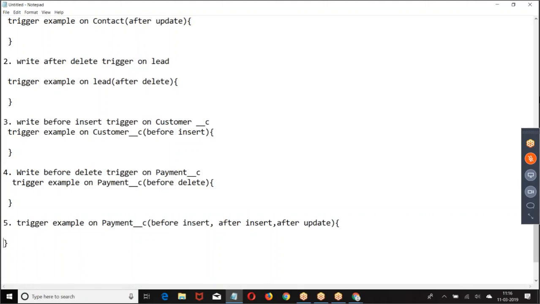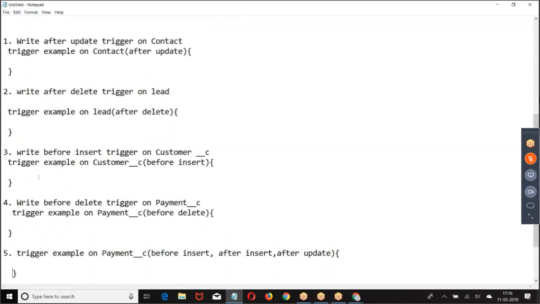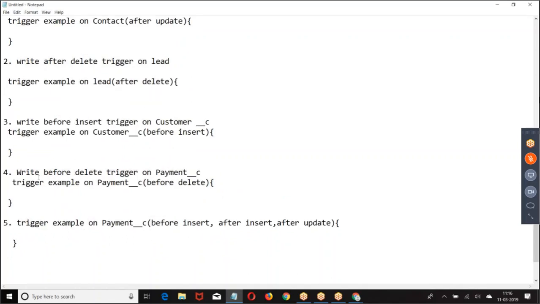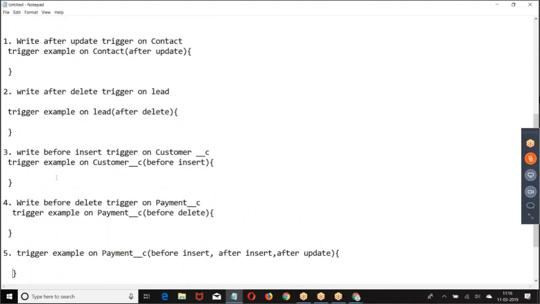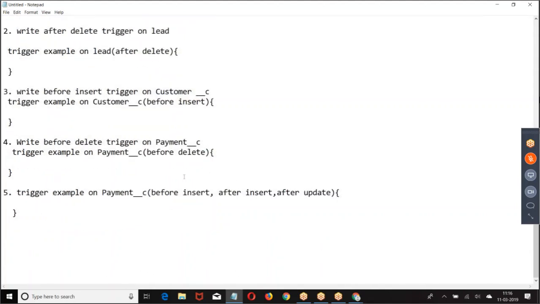We can write a trigger with multiple events. I hope you are good with this.